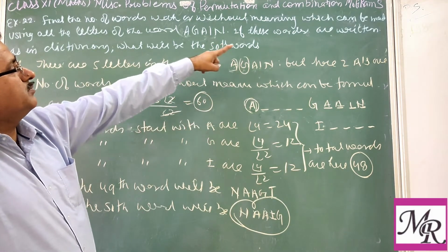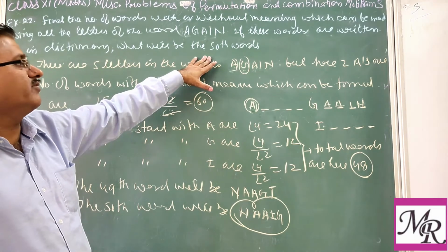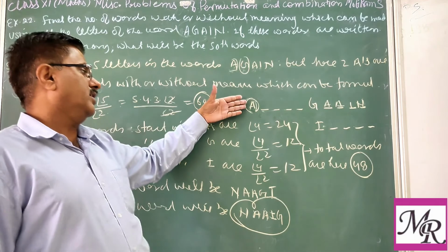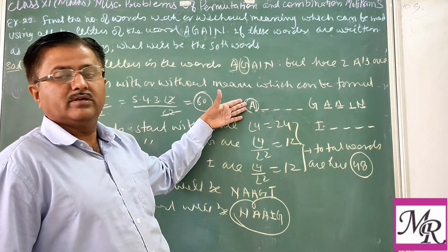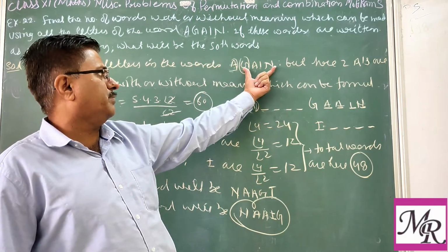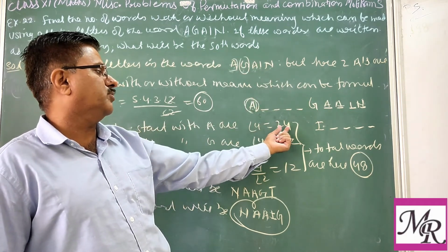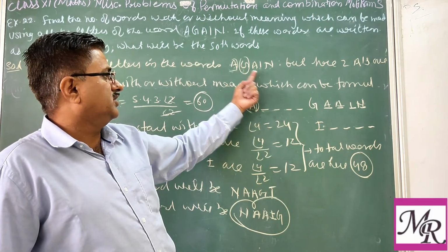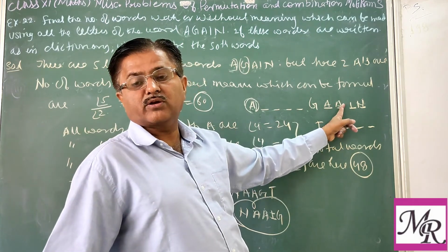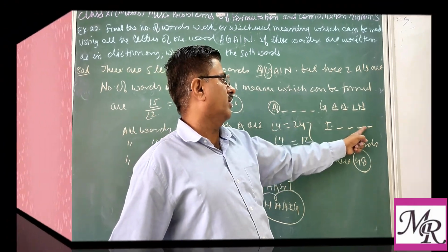Now the second part says if these words are written in the dictionary, what will be the 50th word? You have to find the 50th word. Then all these you can arrange in the dictionary. Means first, all the words which are starting with A. So if you are taking A as fixed, one position is fixed and 4 letters are left, and all are different. So the 4 can be arranged themselves: factorial 4, 24. Then with G fixed, remaining 4 letters, but out of 4 there are 2 A's. So factorial 4 upon factorial 2, that is 12. Similarly, we fix I, there are 4 letters. Then again there are